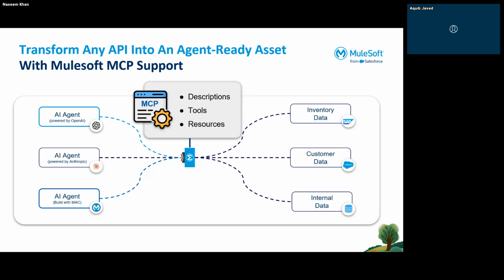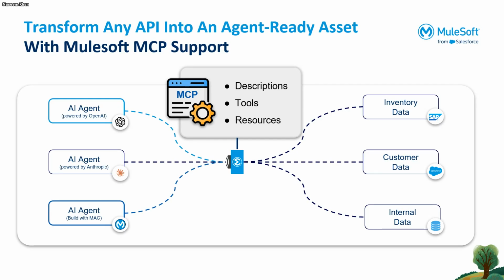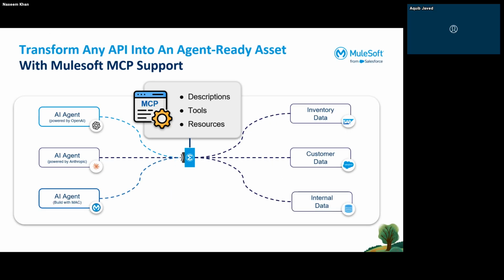I have one quick question, Nasim. How does this replicate the MCP server and client structure? So in our diagram, which are the servers and which can be considered clients? The client is the AI agent, which we call through Cursor, right? Correct. So it can be ChatGPT, it can be Cursor AI, or whatever agent we are using to consume our API. That is the client, and the server is transforming our MuleSoft API into an MCP server. Okay, that is the server.